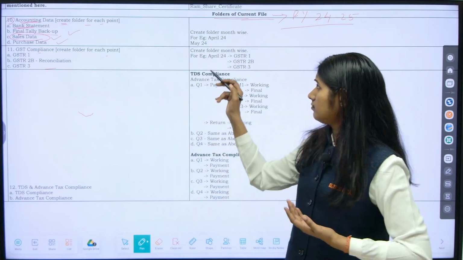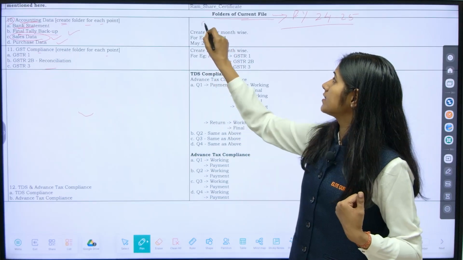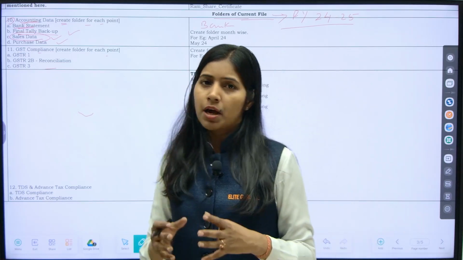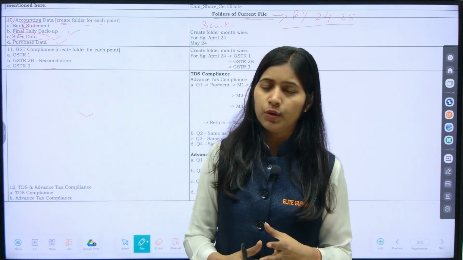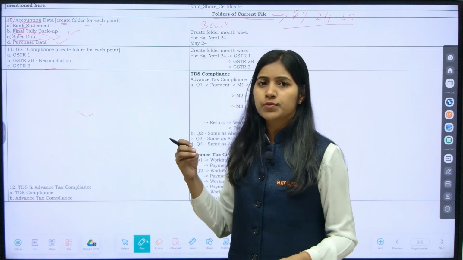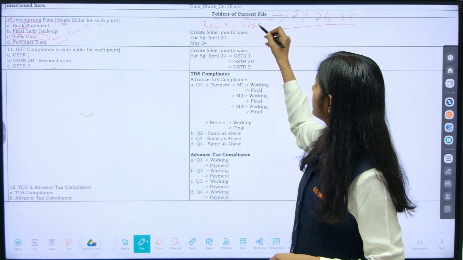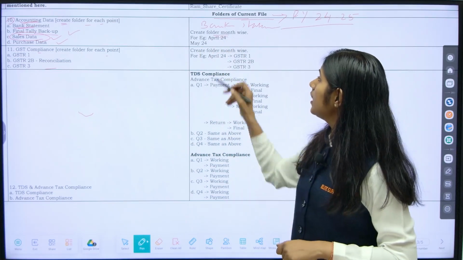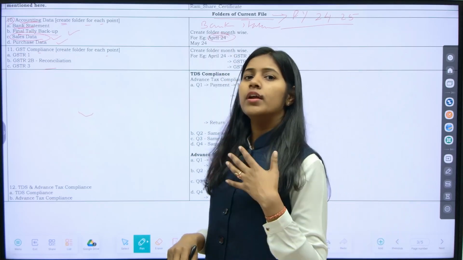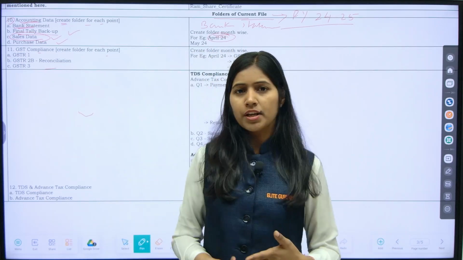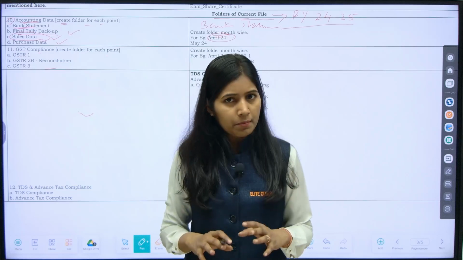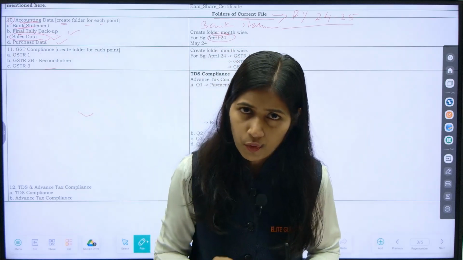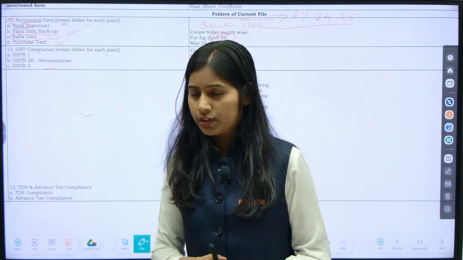Now under the bank statement, what you are supposed to do is this: the bank statement should come monthly to you for verification and review. So under the bank statement, you have to create month-wise folders. Example, April 24, May 24, June 24, July 24, March 25. Likewise, it will go. I hope I am clear. So if you wish to see the October month bank statement, you have to click on the October month folder, and you will get the bank statement. I hope I am clear with you.